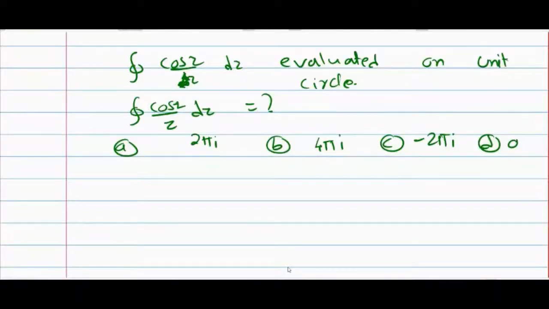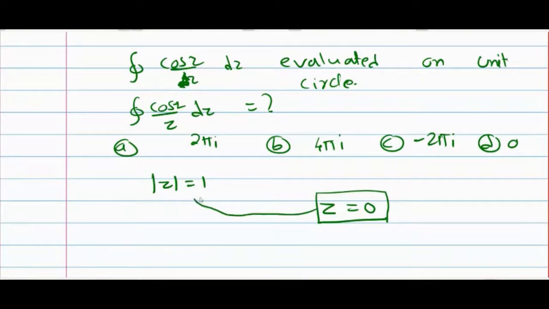So given is the unit circle, that means mod z equal to 1 is the curve equation, the circle equation, and the point in the denominator is z. So equate the denominator with 0, that means equate z with 0. So our point is z equal to 0. Check whether this point is inside or outside. Definitely this point is inside. In place of z put 0. So 0 is less than 1. It is less than the radius. That means inside.